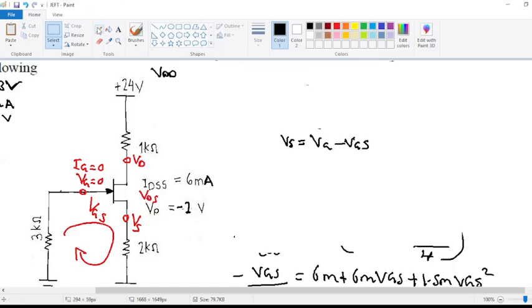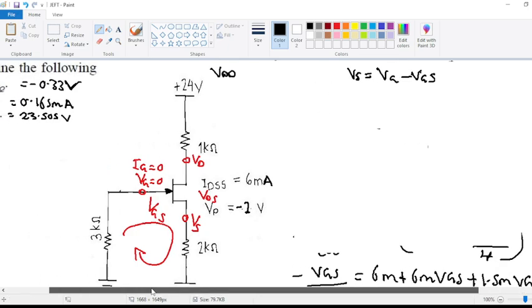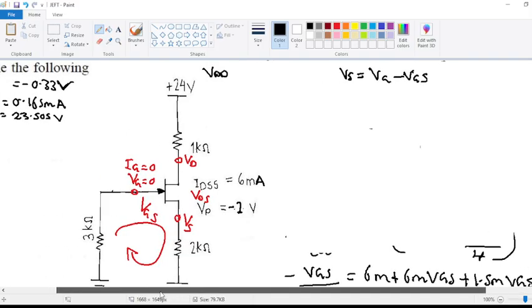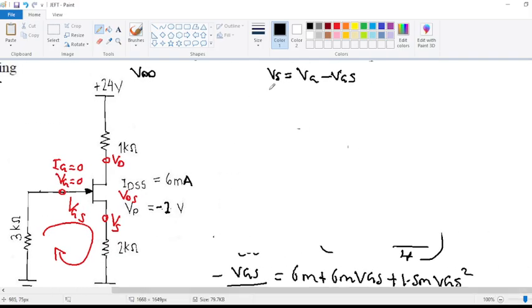So how do we substitute now? We've been given, let me just try to take this up. Okay, so now how do you make the substitution? We've been given the VG, we know that the VG here, it's 0, but the VGS is what? Negative 0.33. So we're going to have our VS is equals to our VG, which is 0 minus our VGS, it's